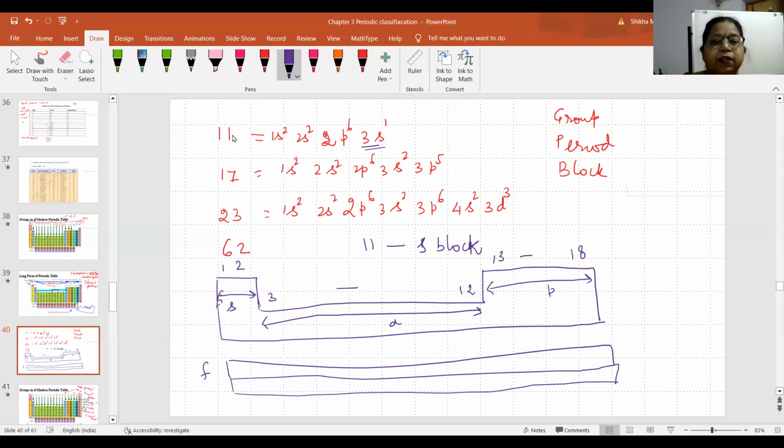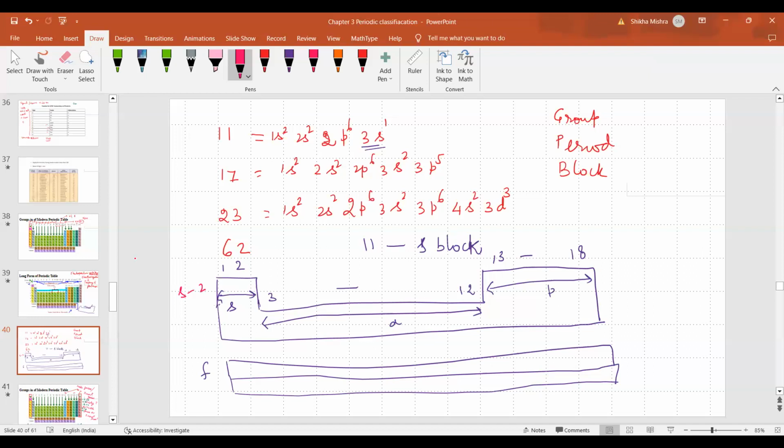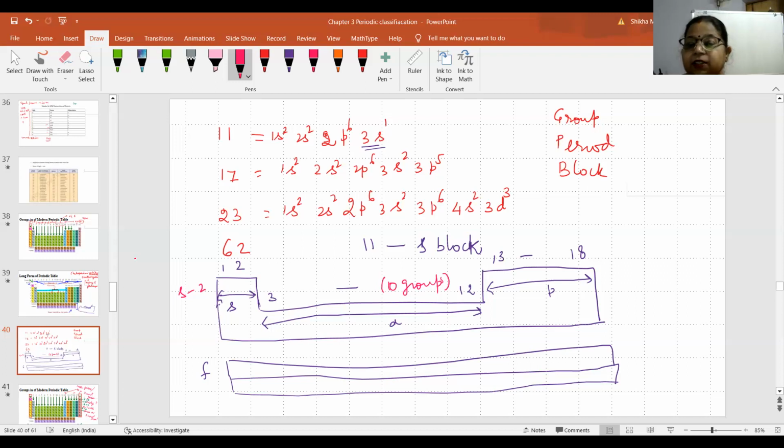And how many groups will be there in D block? How many? S block will have 2 groups, 1 and 2. And this D block will have 3 to 12. How many groups? 9 groups. 10. 3, 4, 5, 6, 7, 8, 9, 10, 11, oh, 12. Yes, ma'am. Sorry. It's okay. So this will have 10 groups, right? Similarly, 13 to 18, how many groups? They are 6.